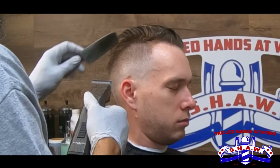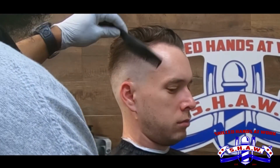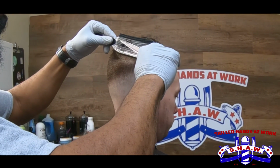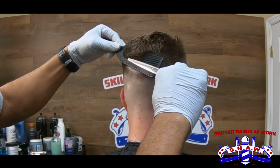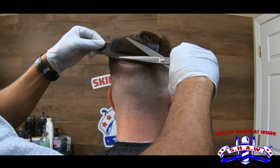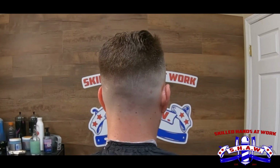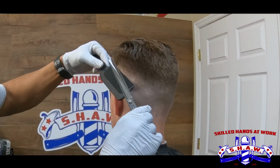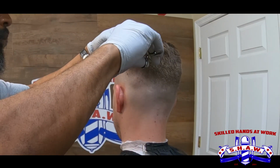Using those corners, making that blend come together. Now once again, we're just smoothing out this work. So what we're doing is shear over comb. This is a very important thing too when you're trying to make a haircut look smooth. Basically, you're just following the comb with the shears up the head as you go. Move the comb slowly, moving the blade of the shear fast, and that will give you a smooth looking transition